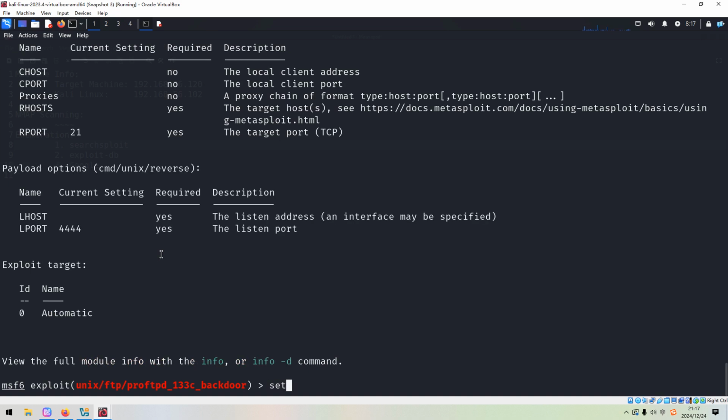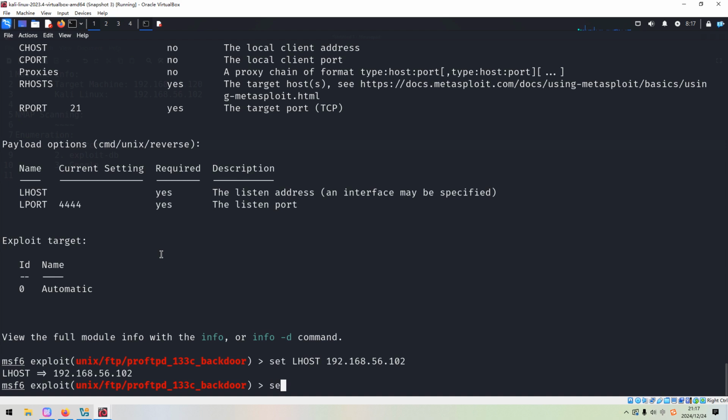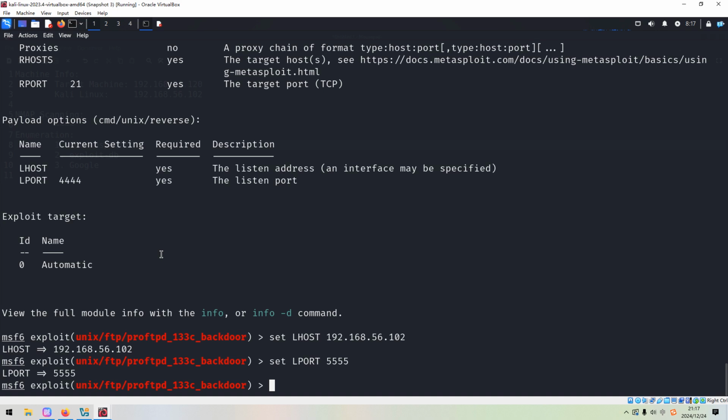We need to set some fields: LHOST to be our Linux machine. And for the local port number, you can use any free port number on your own machine. In this case, I always use 5555. Next, we need to set the remote host, and we set it to the target.